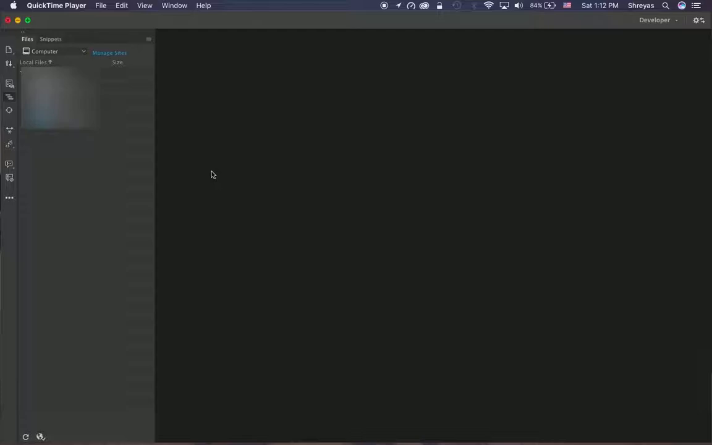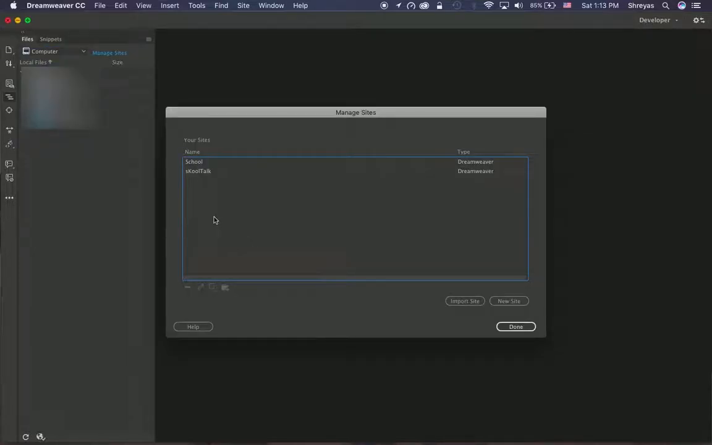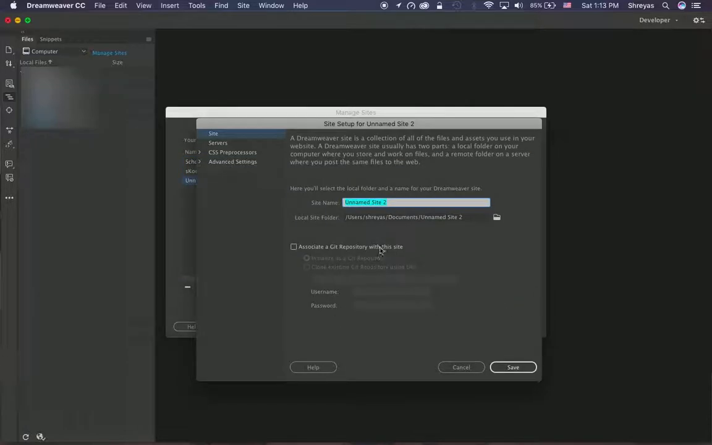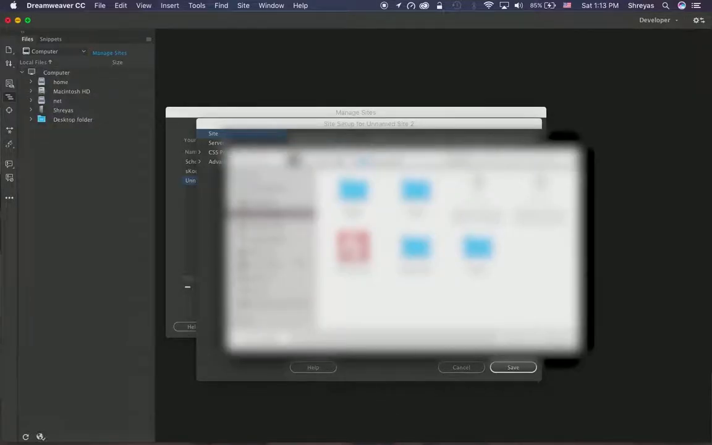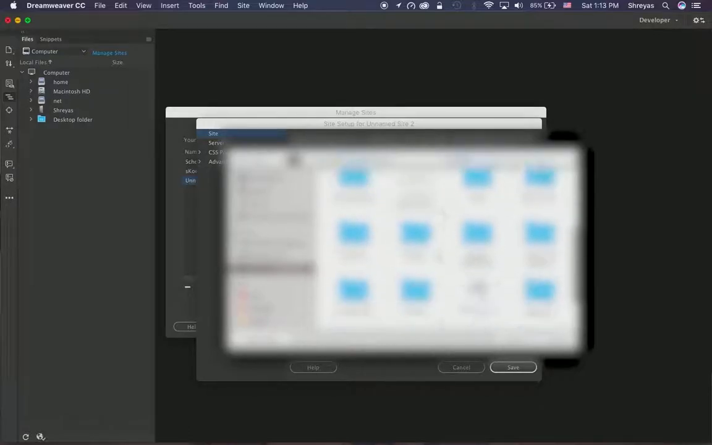So you can launch a text editor now. For me, it's Adobe Dreamweaver. For you, it may be Sublime Text or Brackets or whatever you downloaded or you have. Okay, so in Adobe Dreamweaver, let me click on Manage Sites, and then let me create a new site. And just select the folder where your files are going to be stored. For me, it's on an external hard disk. Okay, so